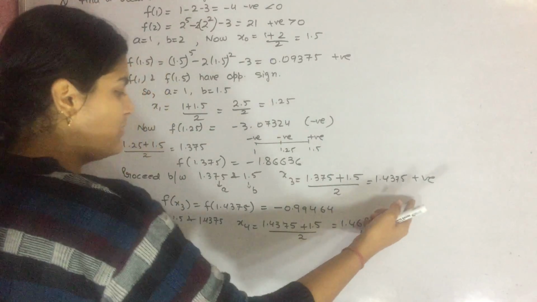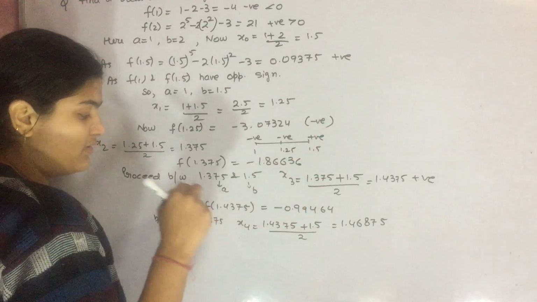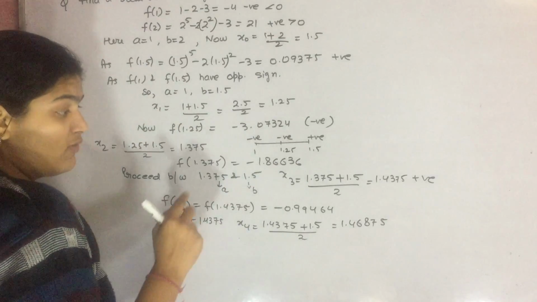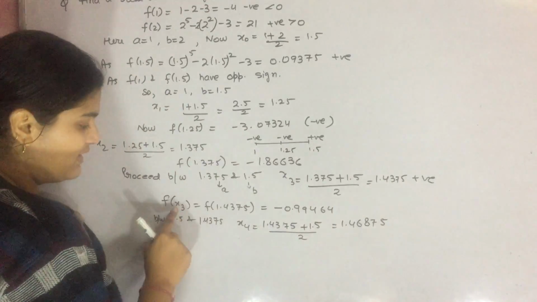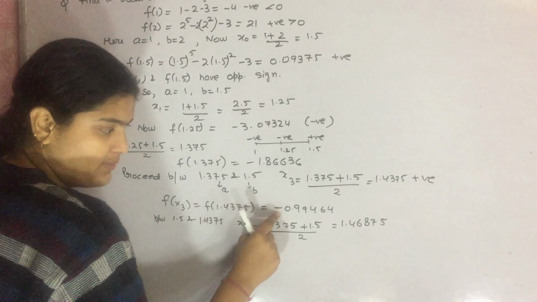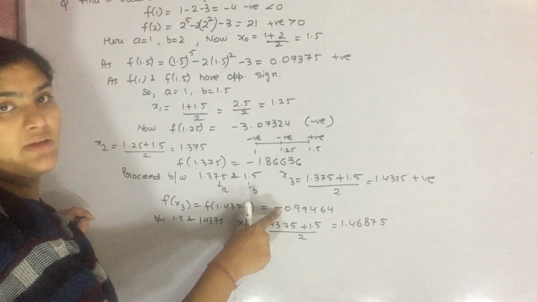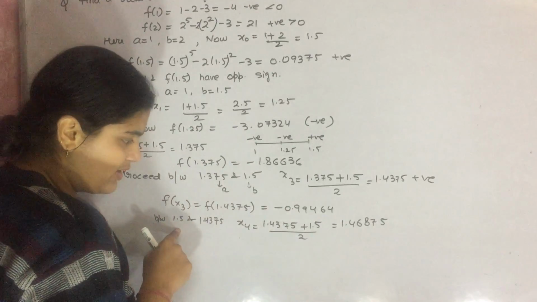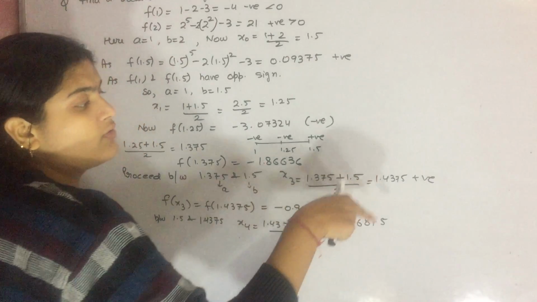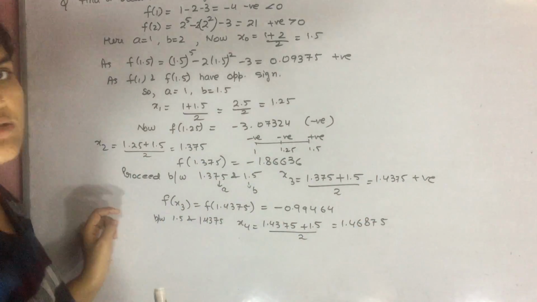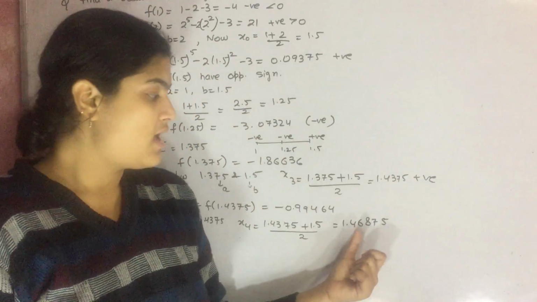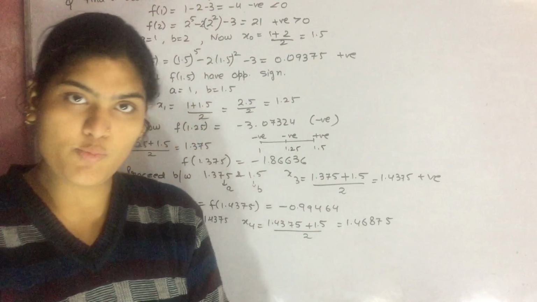This is your positive number, and again, if you want to pair it up, with which do you have to pair it up? With a, this is positive. When you put this value into the function, you get minus. That means you have to pair it up with a positive, and again the positive is 1.5. So if you find (a plus b) by 2, it's again positive. If two simultaneous signs occur, then that is your last value, and the last real solution for this equation is 1.46875. So I hope you understand.